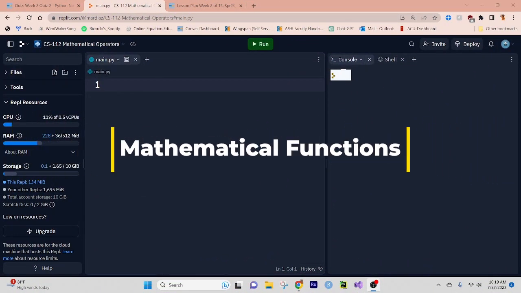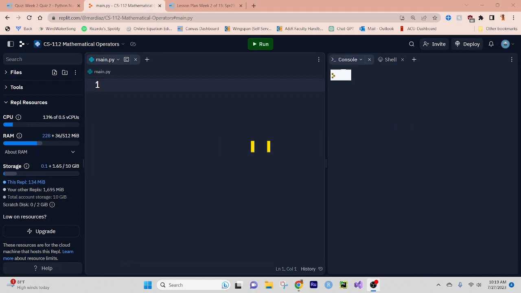This is Professor Diaz, and today we're going to talk about mathematical functions in the Python programming language. So first we're going to talk about built-in functions, and then we'll talk about the math library and those imported